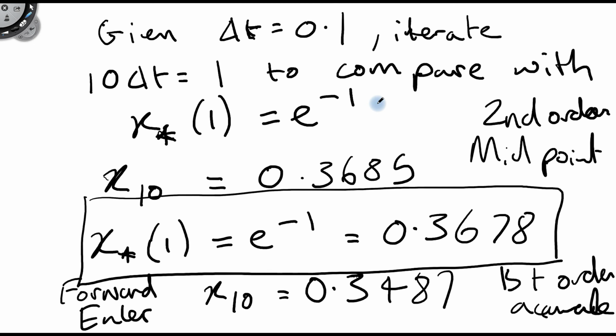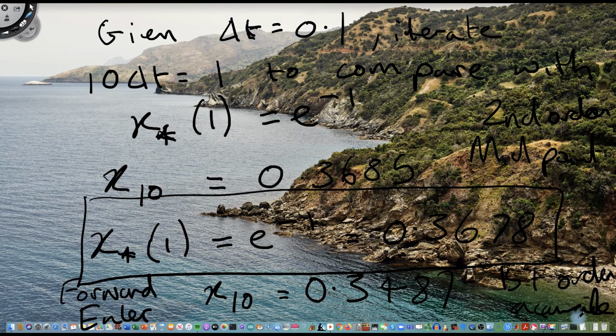Okay, and next time, we've talked about second order methods. I'm going to just talk in summary about the fourth order Runge-Kutta, which is very useful for practical problems. The algebra is very involved, and I've decided it's beyond this sort of stage 2 course, but it's very important to be aware of Runge-Kutta 4. It uses exactly the same principles that we've derived already. So I'm going to stop there